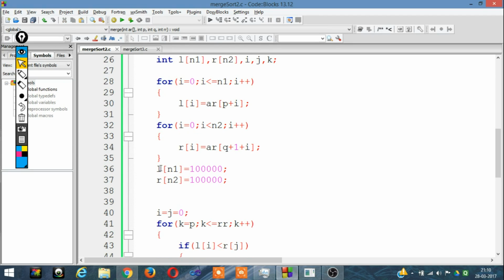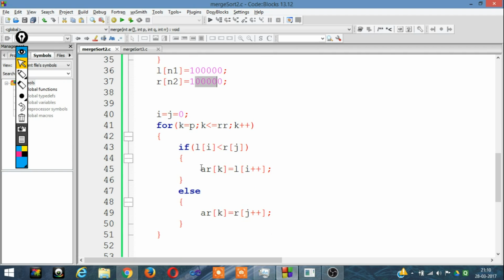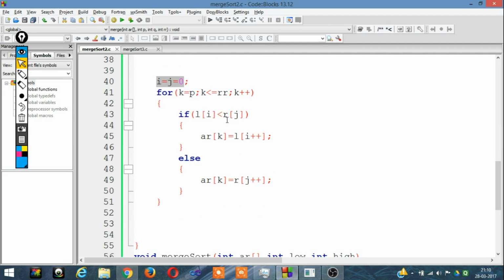Then L of n1 is a very big number and R of n2 is a very big number. This we are giving just to tell the program that okay, the left subarray is finished, the right subarray is finished. It's not very important, but just do this. It works this way. Then I equal to j equal to 0, and then for k equal to p,